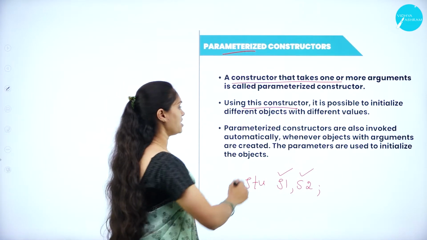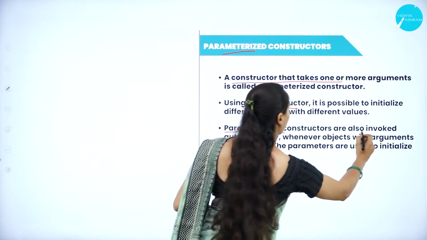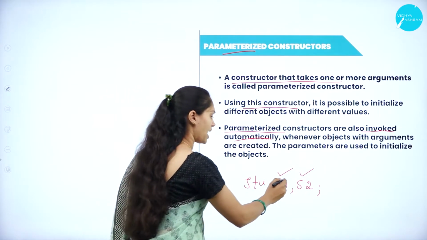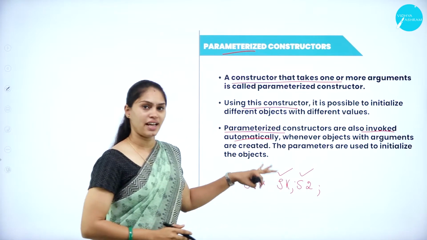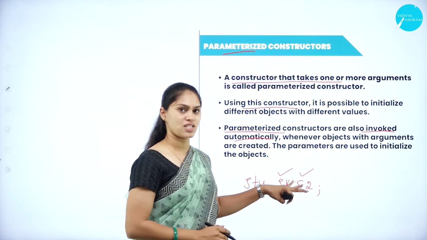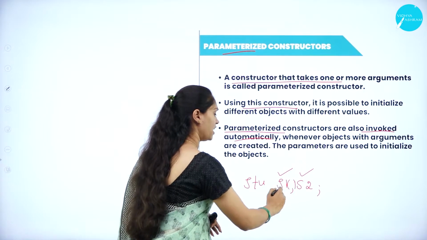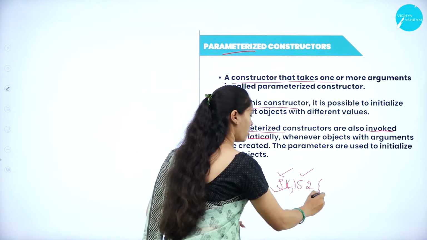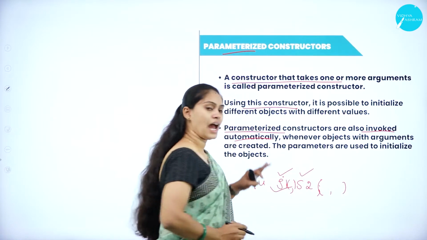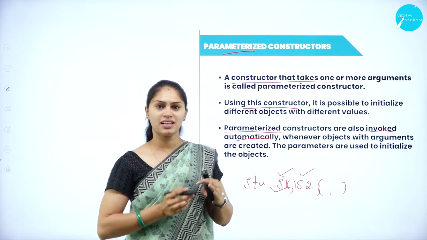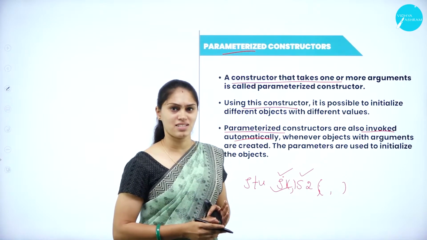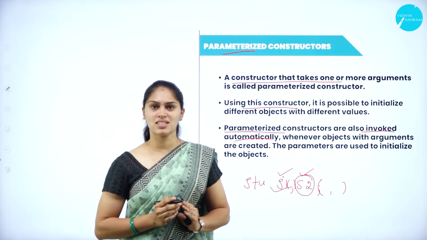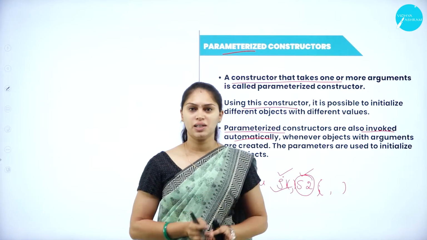Getting? So these parameterized constructors are also invoked automatically. For example, if my object has one argument within it, then it is going to look for a match. If that match is found, then it is going to execute this S1 object. If my S2 object has two parameters, at that time it is going to check for the signature. If that signature matches, at that time it is going to invoke the S2 object. That is what they meant in the third point.